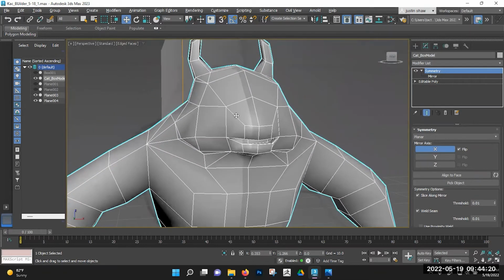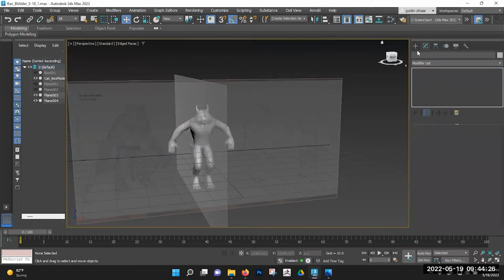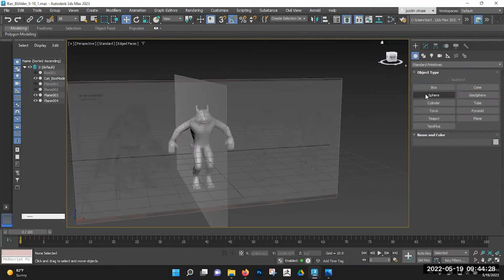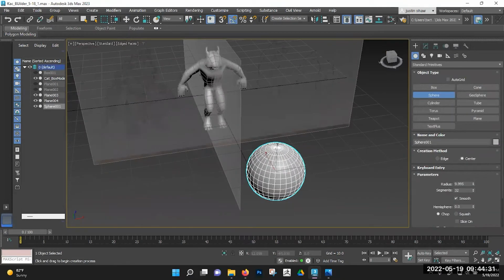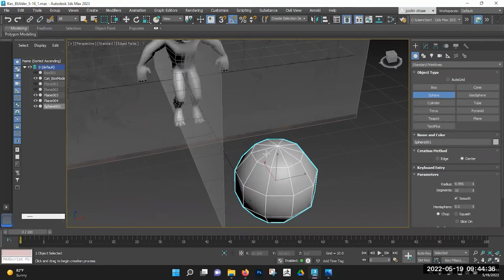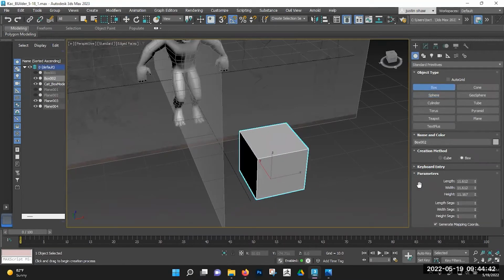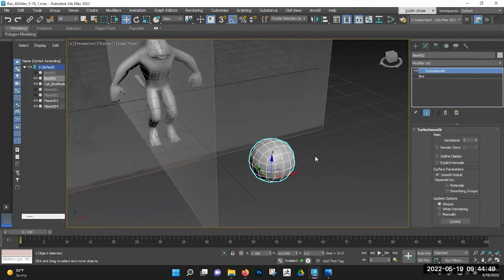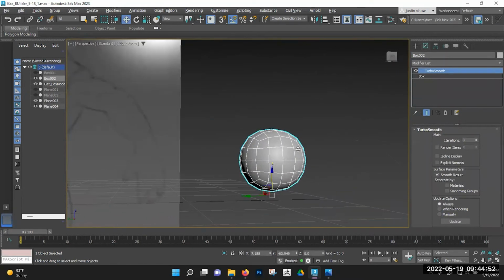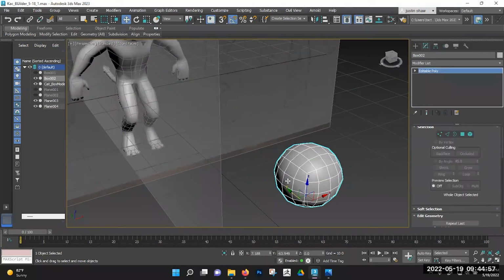Now, I want to cut some eyes in, but it's difficult to put eyes in without spheres. So I'm just going to go in, I'm going to grab a sphere. Now, spheres have this weird problem that they have polarization. No matter how low I go, there's still some level of polarization, which is just a little bit weird. If I go grab a box, I can say X or search, and then I can go turbo smooth, hit enter, and I can divide it one time, and now I have a box or a sphere that actually doesn't have polarized coordinates, making it much easier to unwrap. Convert to editable poly, shrink this down,